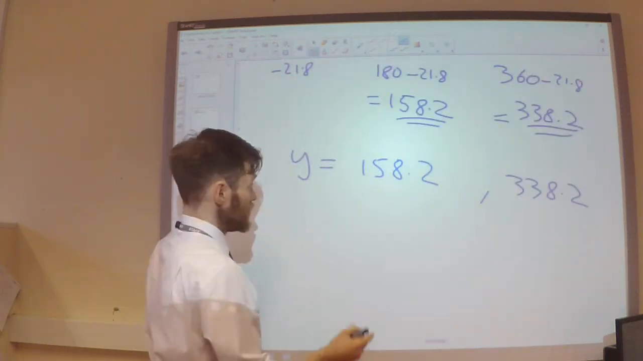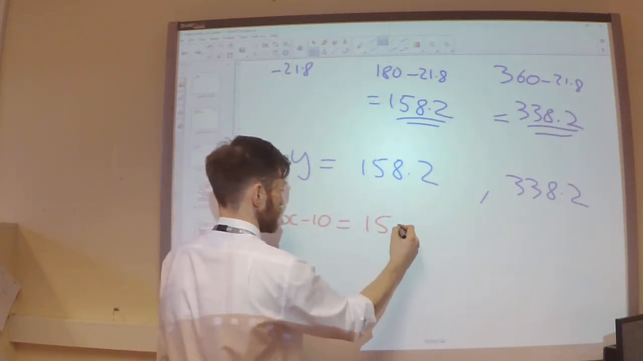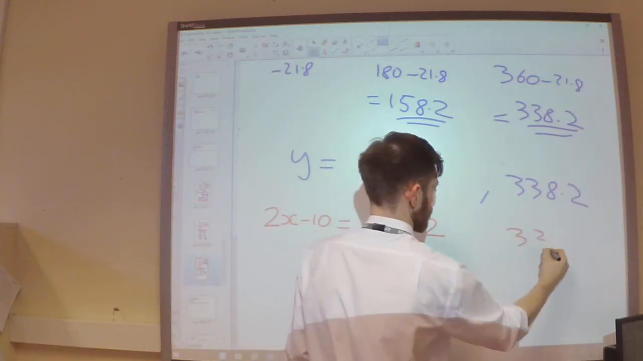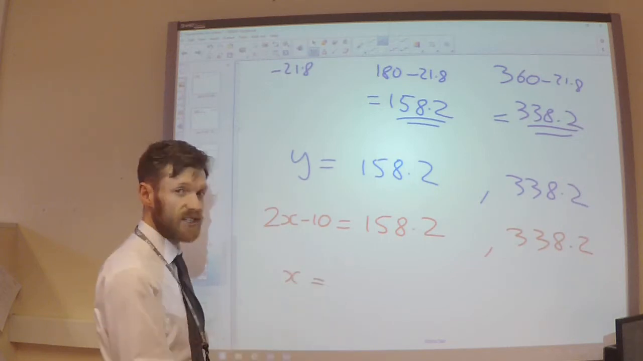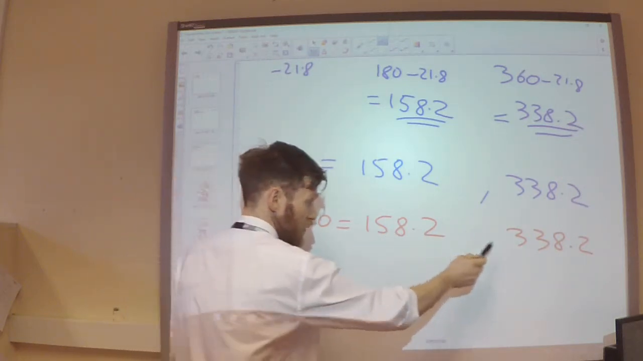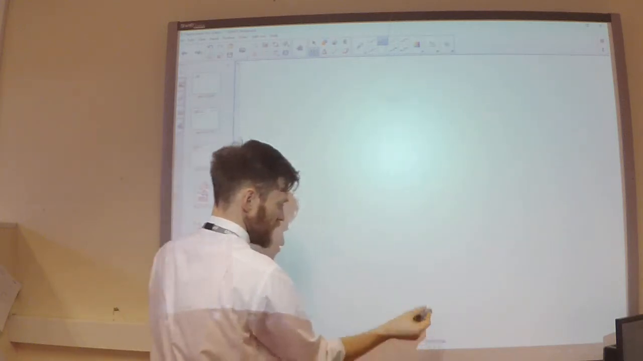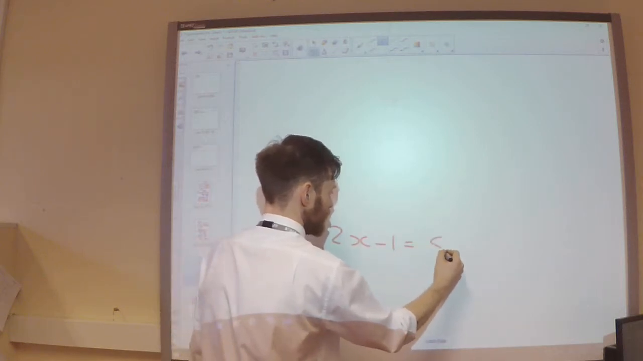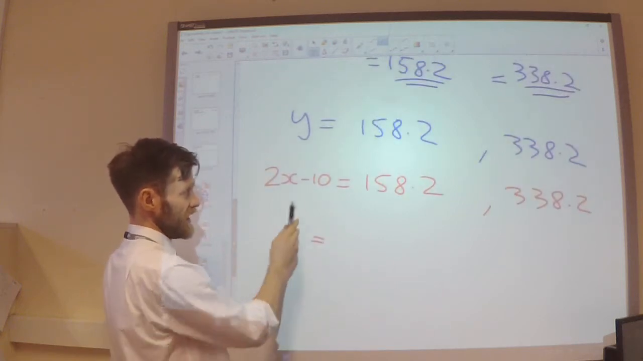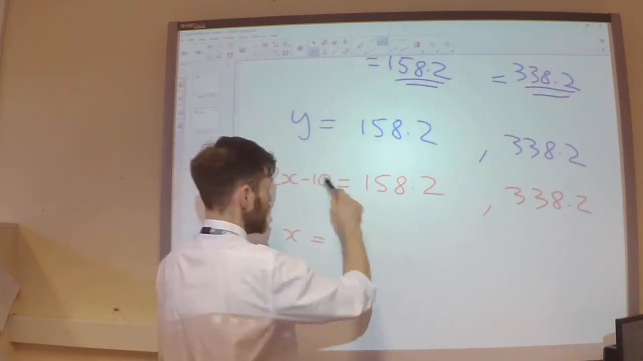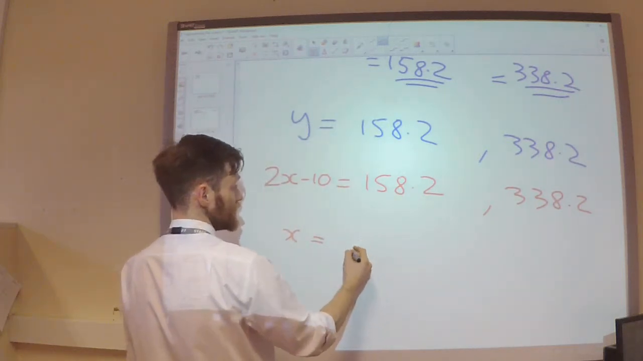Then think back to the substitution. Y was equal to 2x minus 10. So to work out the x, I am going to need to add 10 to both of these solutions, and then I'm going to need to divide by 2. If you think about a very simple equation, if I had that equation there, I would add the 1 and divide by the 2. Same idea here, I'm going to add the 10, divide by the 2. Add the 10, divide by the 2. So if I add the 10, divide by 2, that's going to give me,